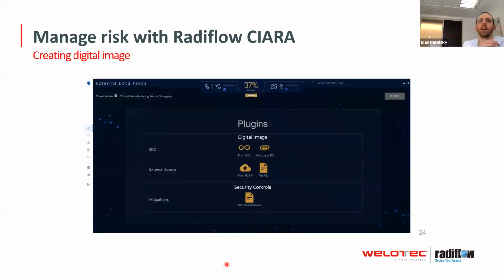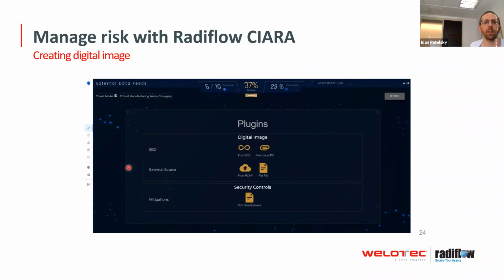So the first thing when discussing risk analysis is really to create the digital image of your network. Obviously, we need to assess the network in order to calculate the risk. So this can be done in a number of ways. First of all, if you're using our ISID, obviously you can connect it to CIARA and get the digital image out of the box. But even if you don't